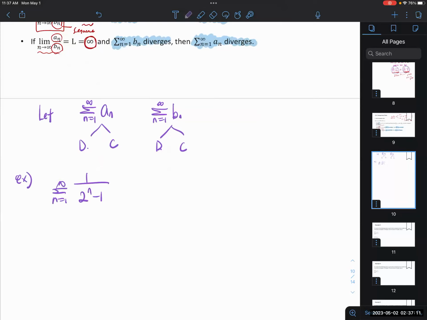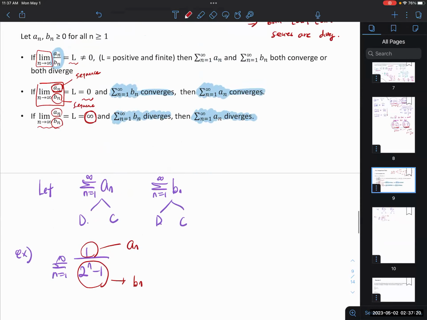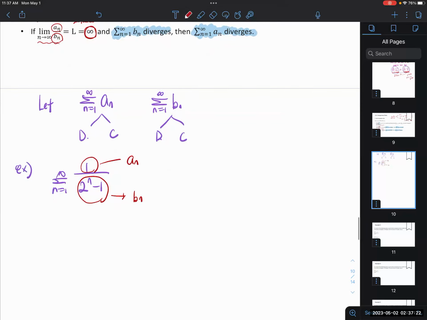The numerator is going to be an. The denominator, we're going to consider this as bn. Are you okay with that? Because according to the limit, what I'm saying is, let's say we have this example, and the numerator is an, denominator is bn. So that means I want to prove